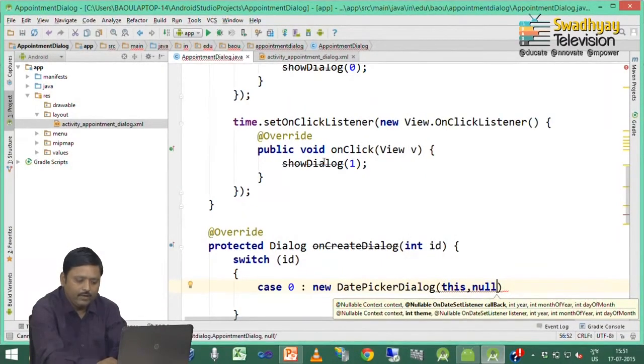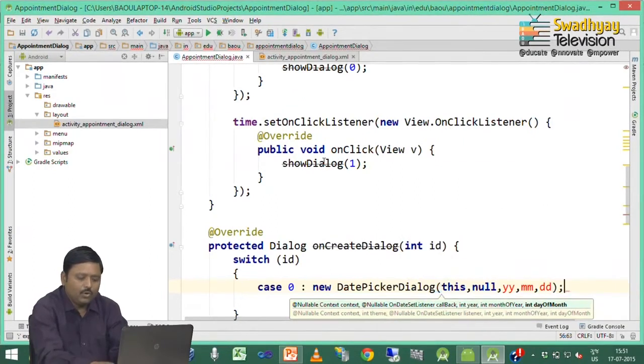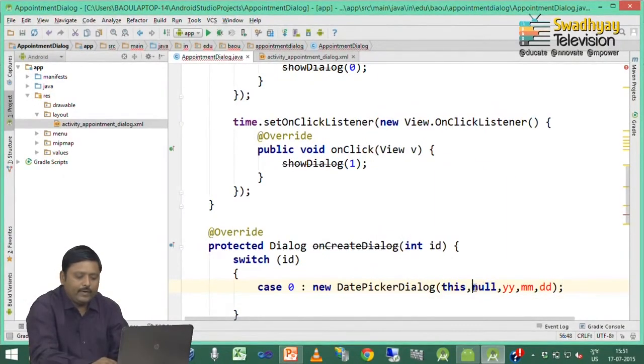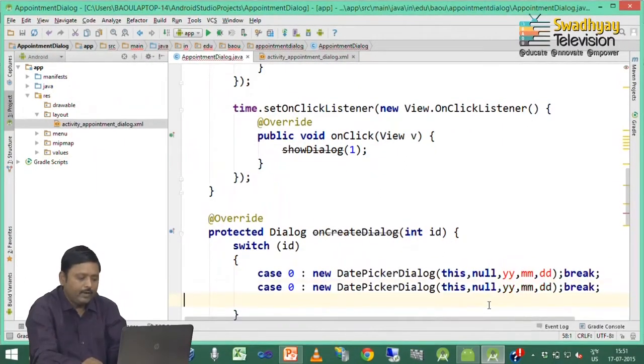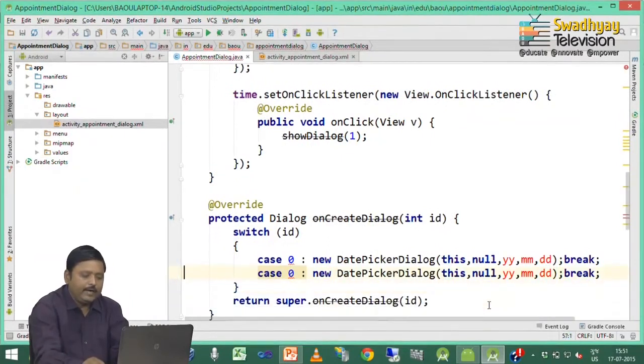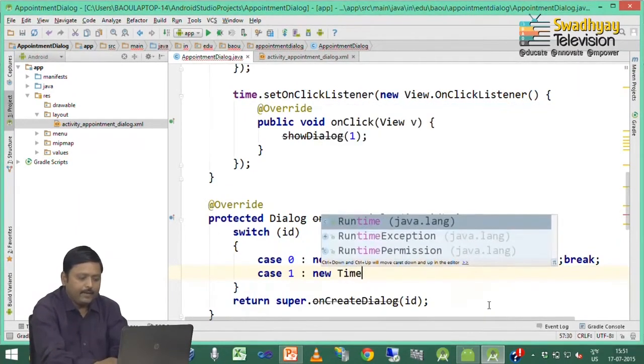So, here I write down null, then year which is represented by YY, month which is represented by MM and day which is represented by DD. What this second argument is we will discuss soon, but here we write down break. So, case 0 will create the date picker dialog, but remember we have not added any functionality when the user presses the set button.